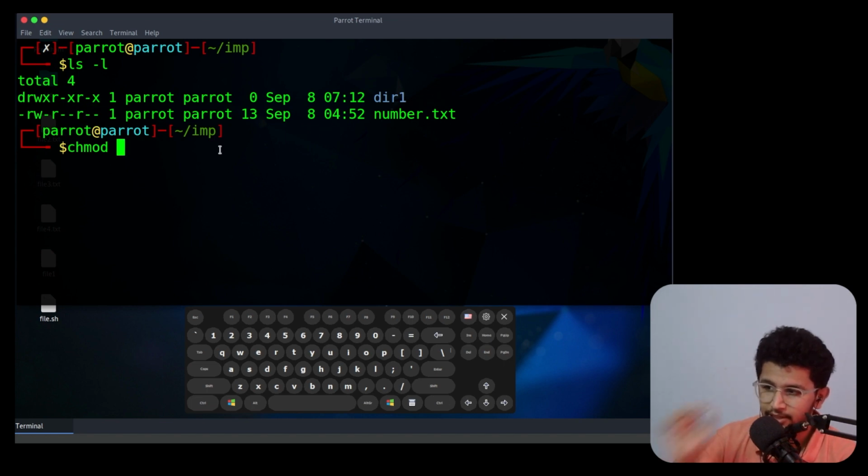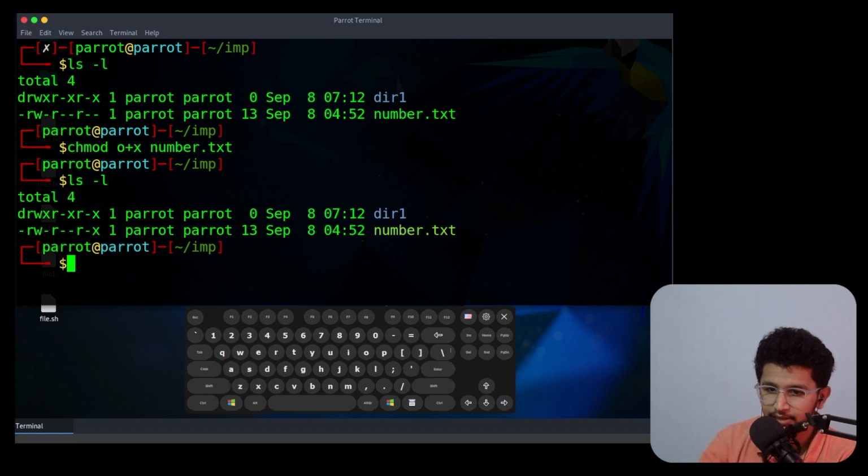As I told you, for others you need to use o. O will be representing others. Then you need to give, not take. Give means plus, take means minus. You need to give executable permission. Now if I specify the file name and do ls -l, then you can see that you gave